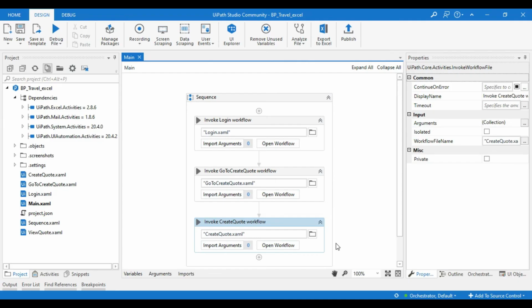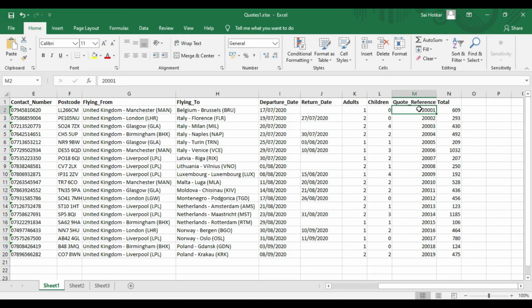Now the process is completed. So let's see the output file. If you see here, it wrote all the quote references and totals.